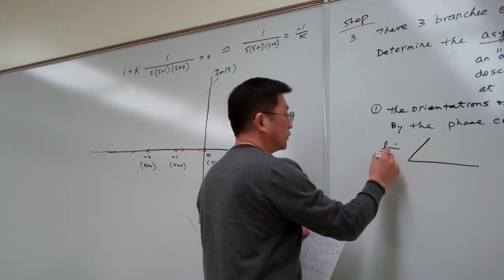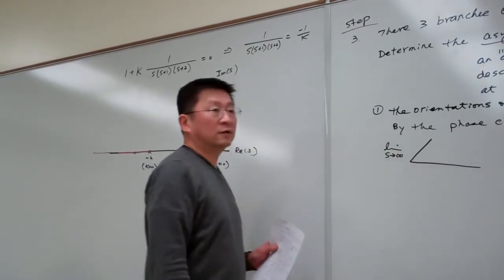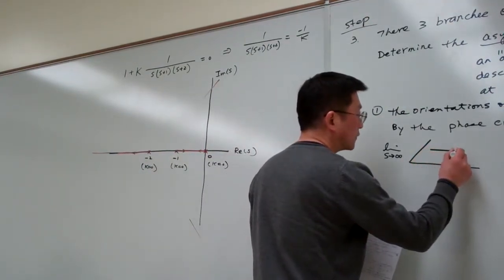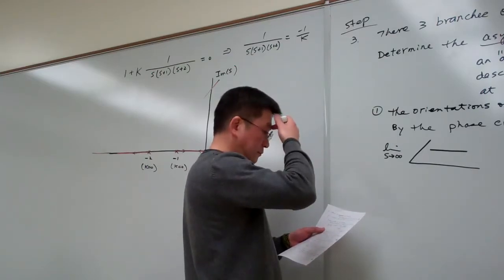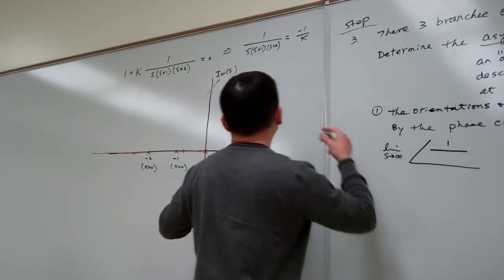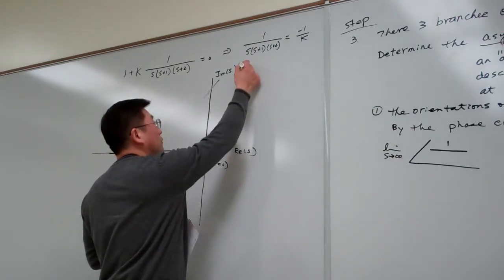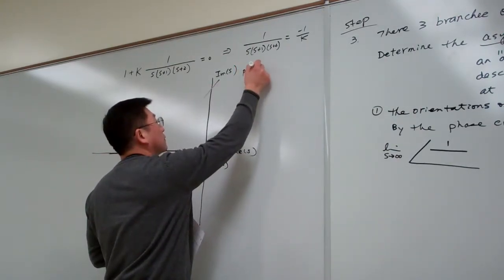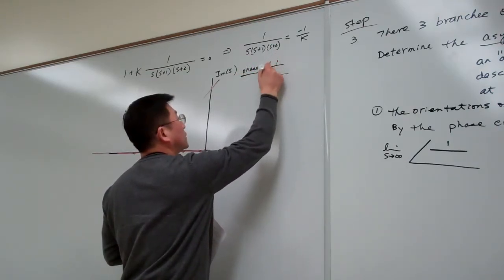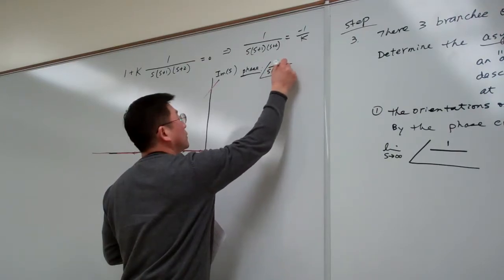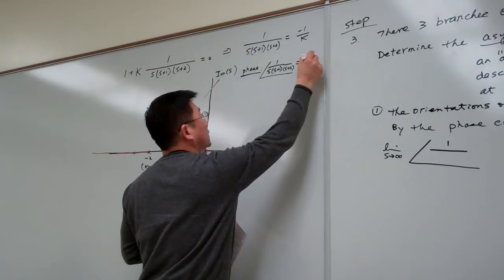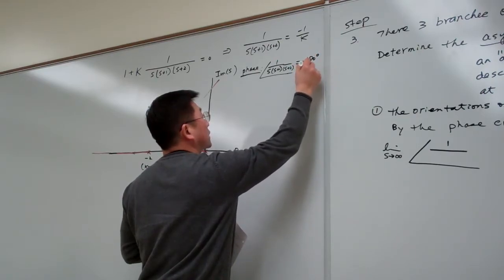We consider the information when s approaches infinity. Our phase criteria is this: the angle of s(s plus 1)(s plus 2) must be equal to minus 180 plus